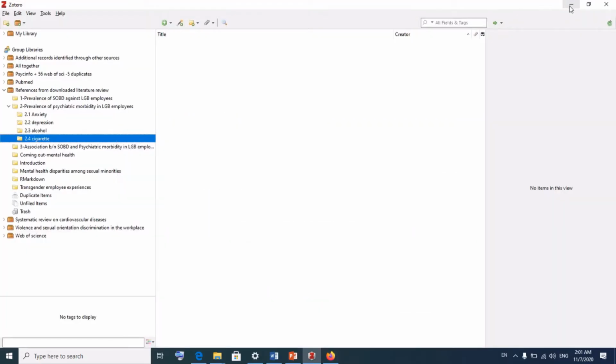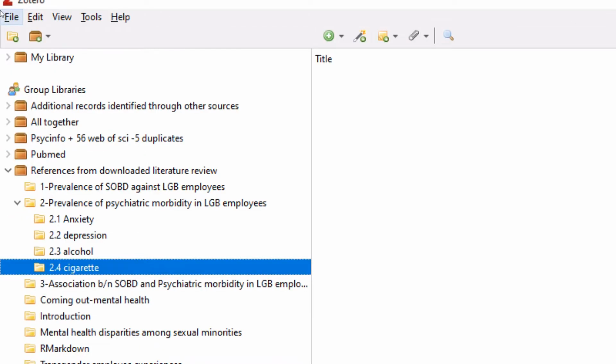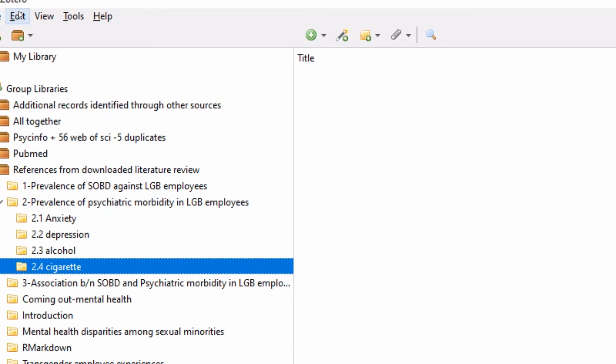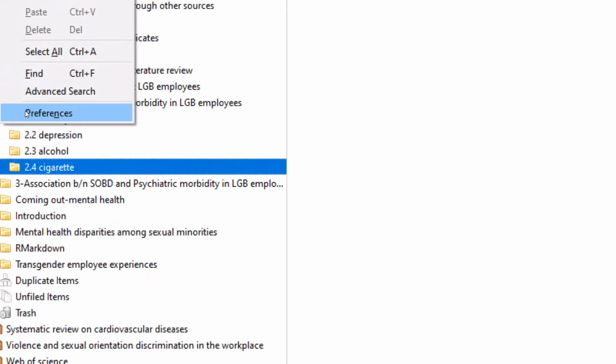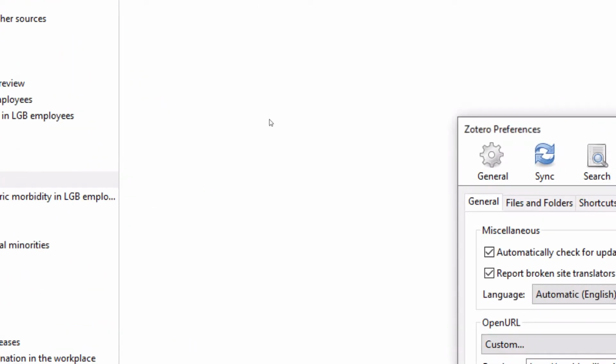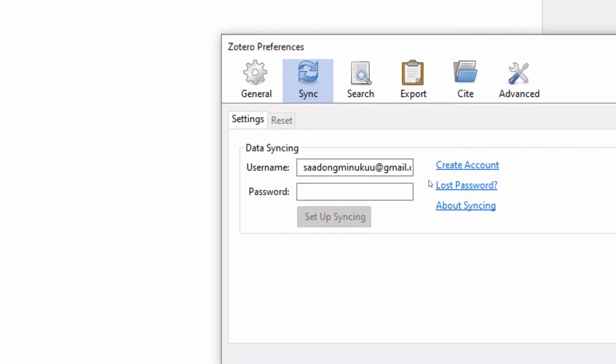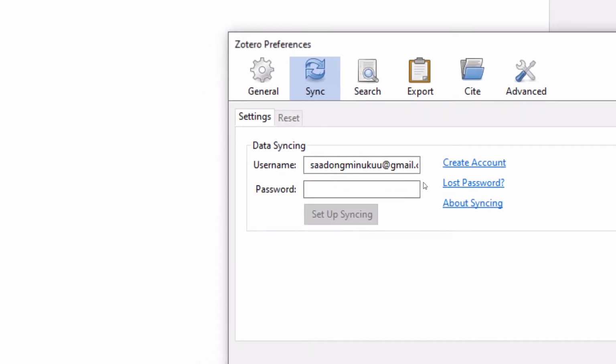That's not the aim of our tutorial, but you can just come and click on, for instance, if you want to synchronize your data. So let's say I'll show you quickly. If you want to synchronize your data that you've saved within your Zotero account, if you want to access it via the Zotero app, you just simply come and click on File, and then you click on Preferences, and then you click on Synchronize over here, and then currently there's no account that is